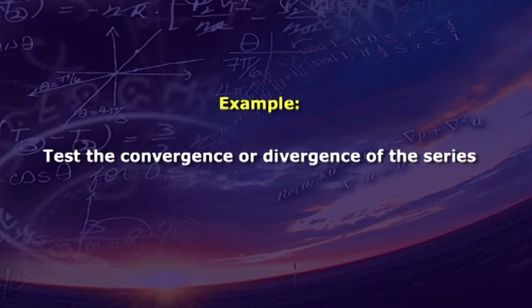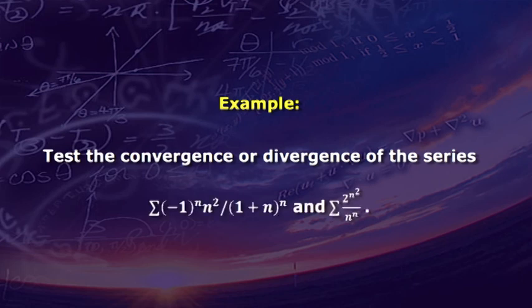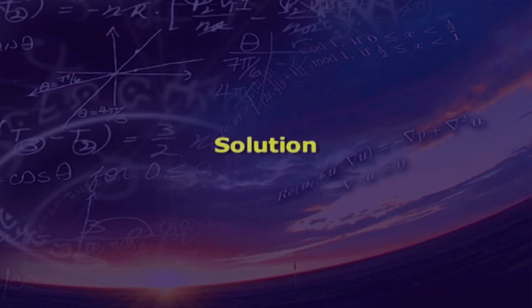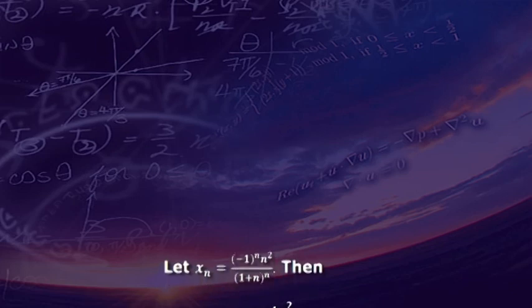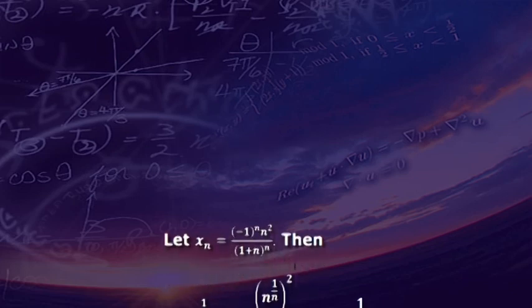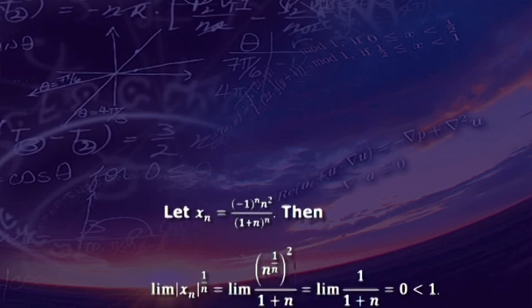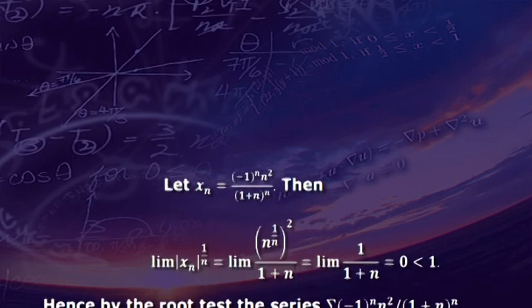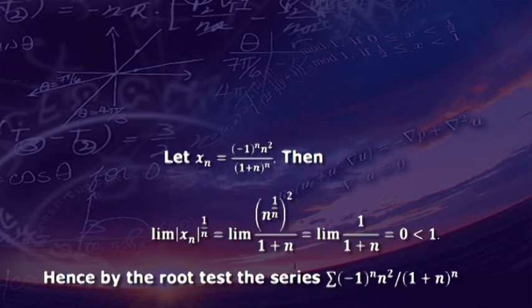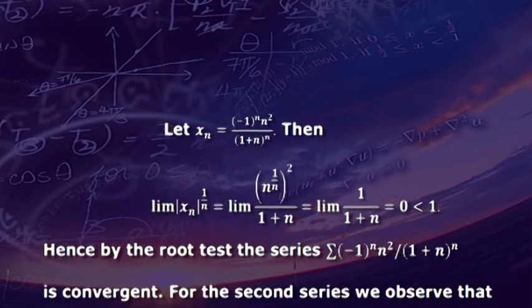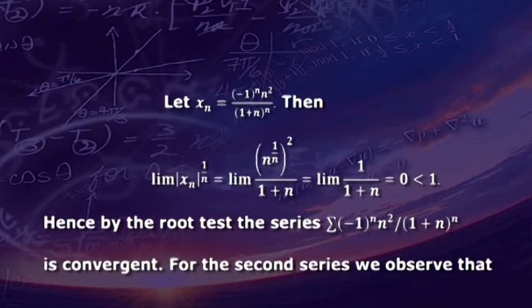Example, test the convergence or divergence of the series sigma (-1)^n n^2 divided by (1 plus n)^n and sigma 2^(n^2) divided by n^n. Solution. Let x_n be equal to (-1)^n times n^2 divided by (1 plus n)^n. Then the limit of nth root of mod x_n will be the same as the limit of